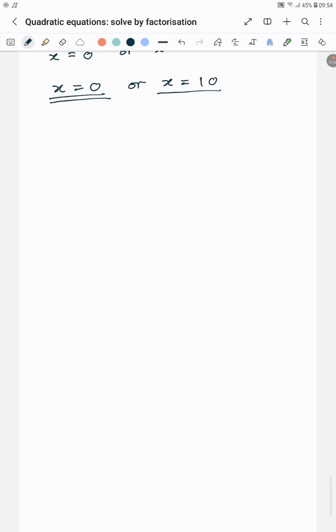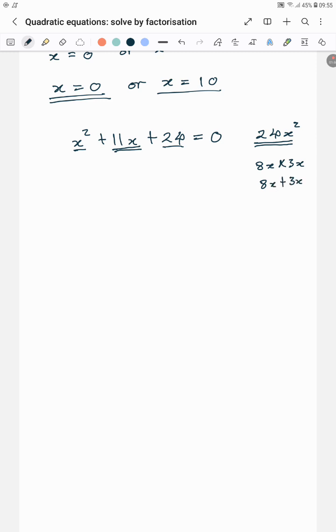If we have a question that says x squared plus 11x plus 24 is equal to 0, and you're asked to solve it by factorization, the first thing you do is multiply this term and this term, and you get 24x squared, and you find two factors of this number that will be able to give you 11. So if you take 8x and 3x, if you multiply these two, they give you this number, 24x squared. But if you add them,